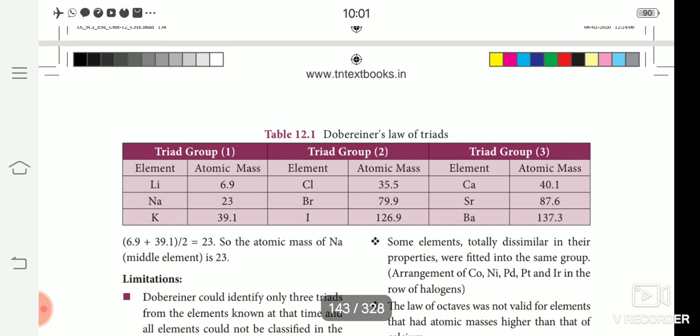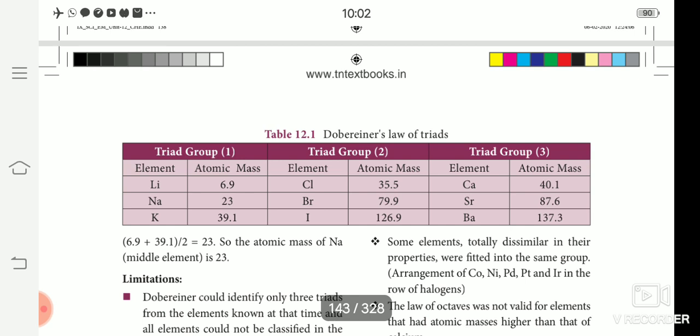This is called Dobereiner's triads law. The three elements are arranged in ascending order of atomic mass. You see the atomic masses 6.9, 23 and 39.1, arranged in ascending order of their atomic mass. The atomic mass of the middle element is nearly the same as